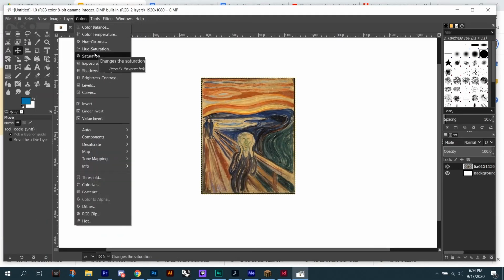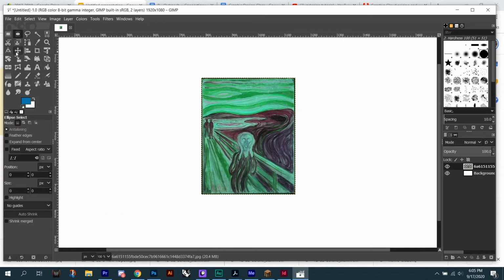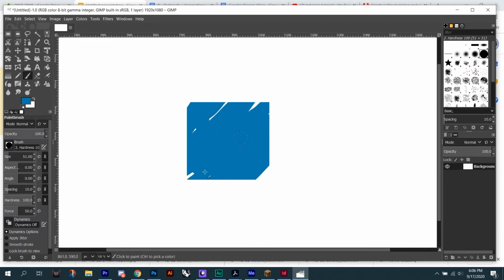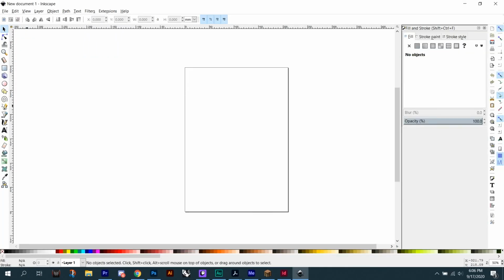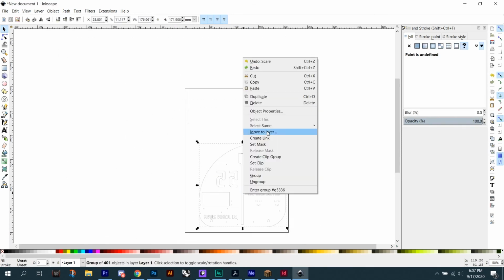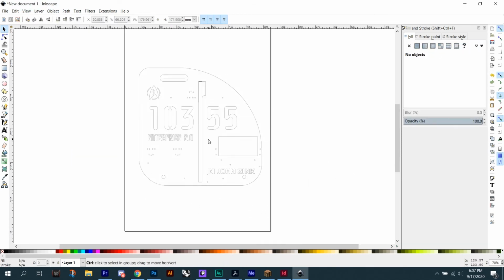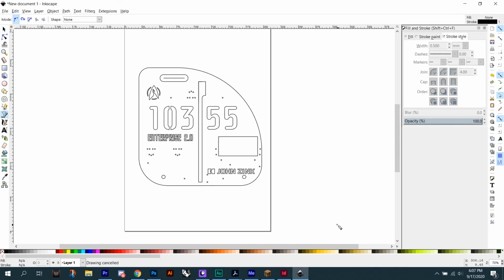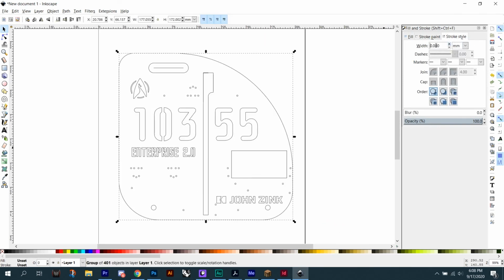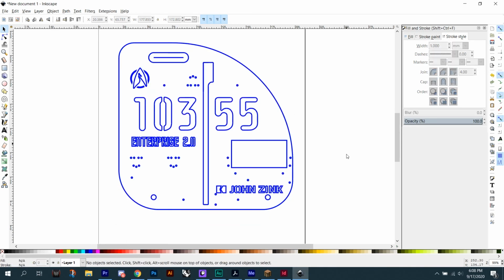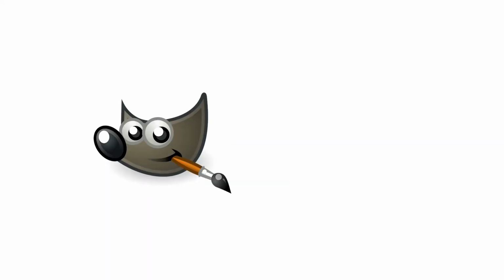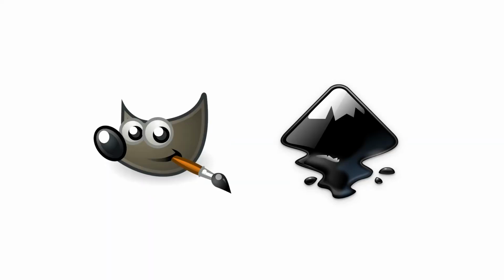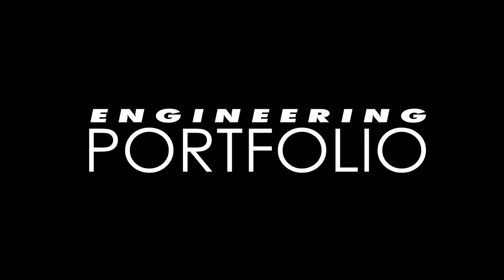applying small modifications to photos, generating simple graphical elements, or creating composite images. Inkscape is a vector-based software similar to Adobe Illustrator, which is useful in creating line drawings, icons, and diagrams. You can even export DXF files from your CAD and import them into Illustrator or Inkscape in order to make modifications to line weight and color, or add diagrammatic or descriptive elements. With the power of GIMP and Inkscape combined, you should be able to customize every inch of your engineering portfolio